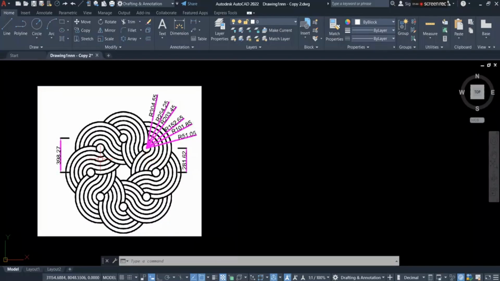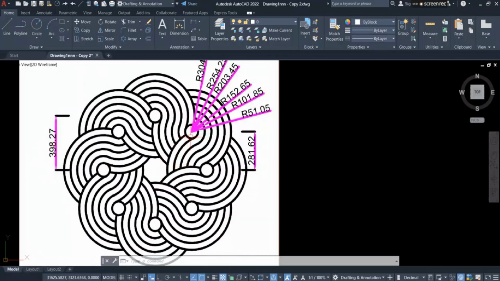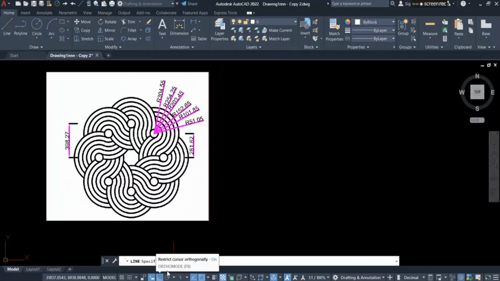The distance between this center and the upper circle, this center, is just 398.27, and the distance between this one and this one, the center of this circle, is 281.62. So this will be applied to all of the circles. That means this distance between this one and this one, the same thing. Between the center and this one, the same thing, 398.27. So what you are going to do, first you have to create the center line on the ortho mode